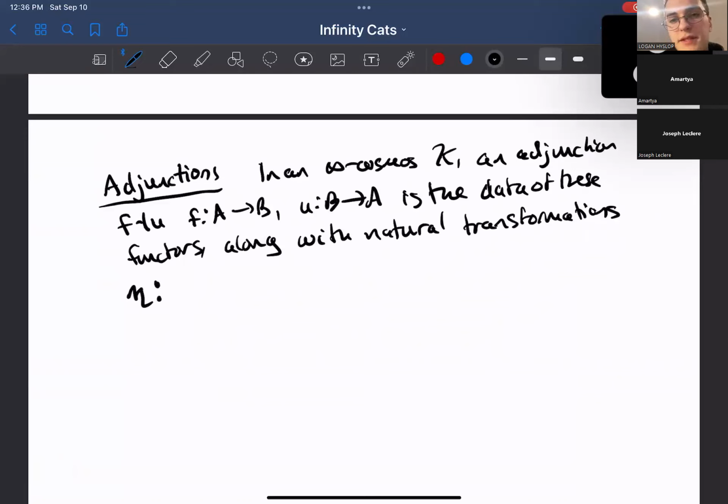Eta maps the identity of A to UF, and epsilon maps FU to the identity of B,